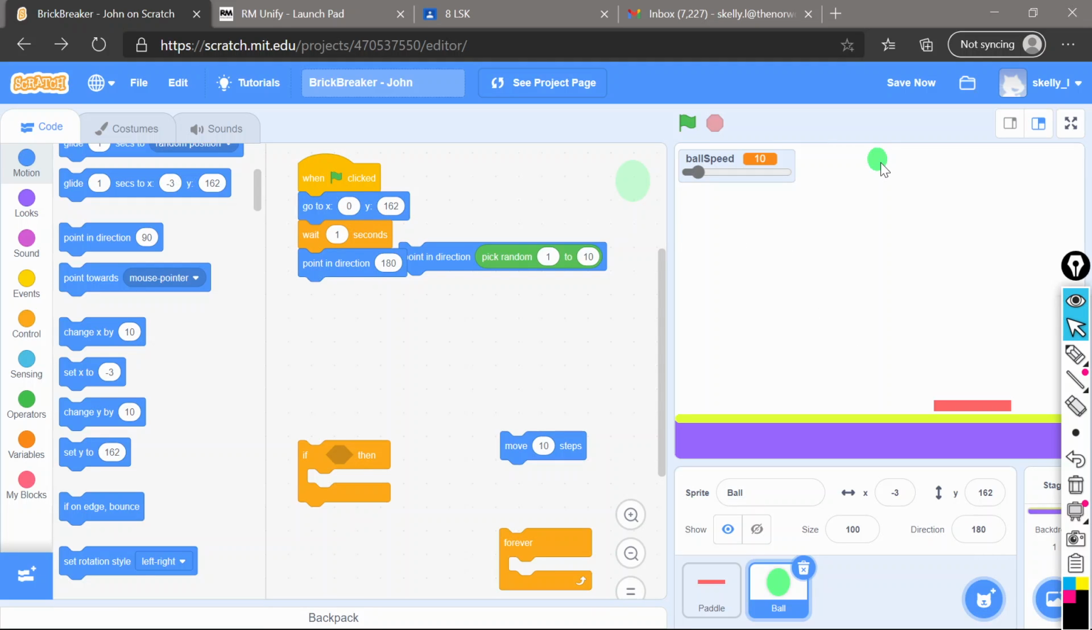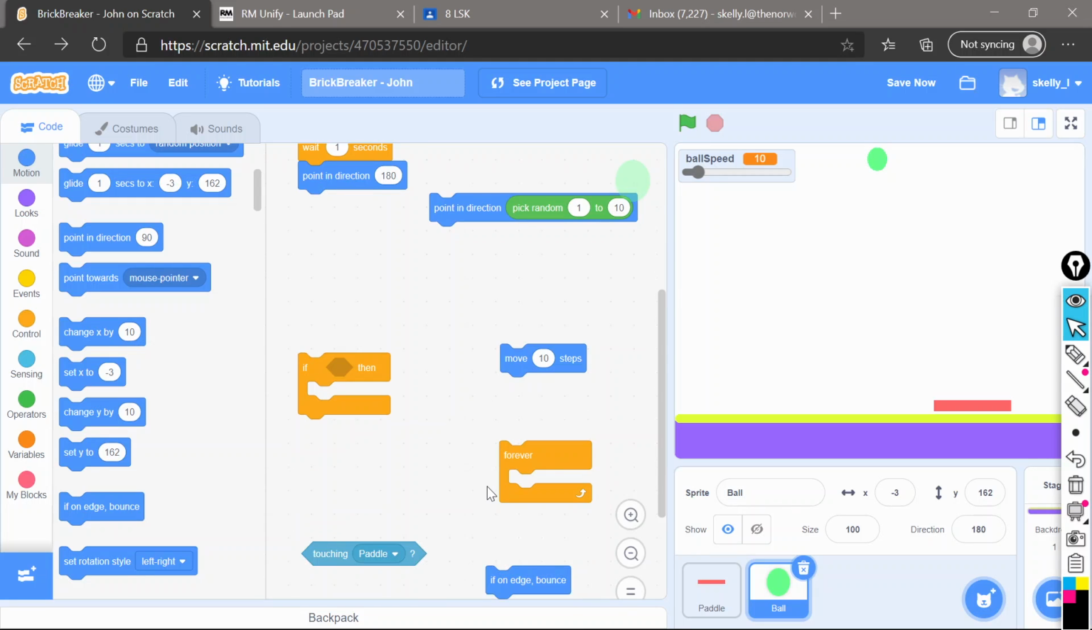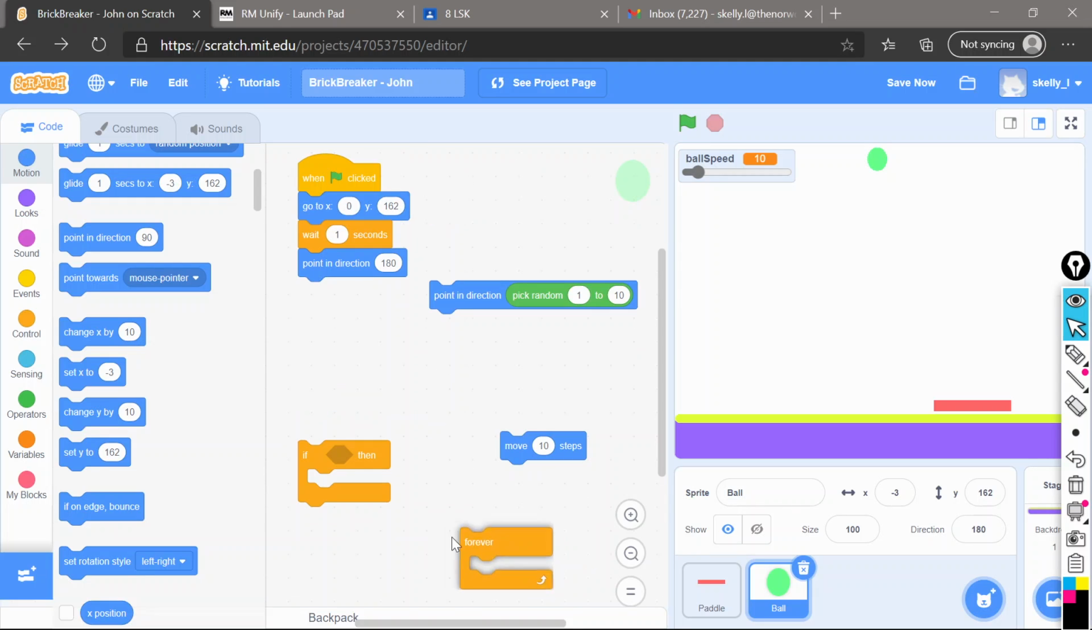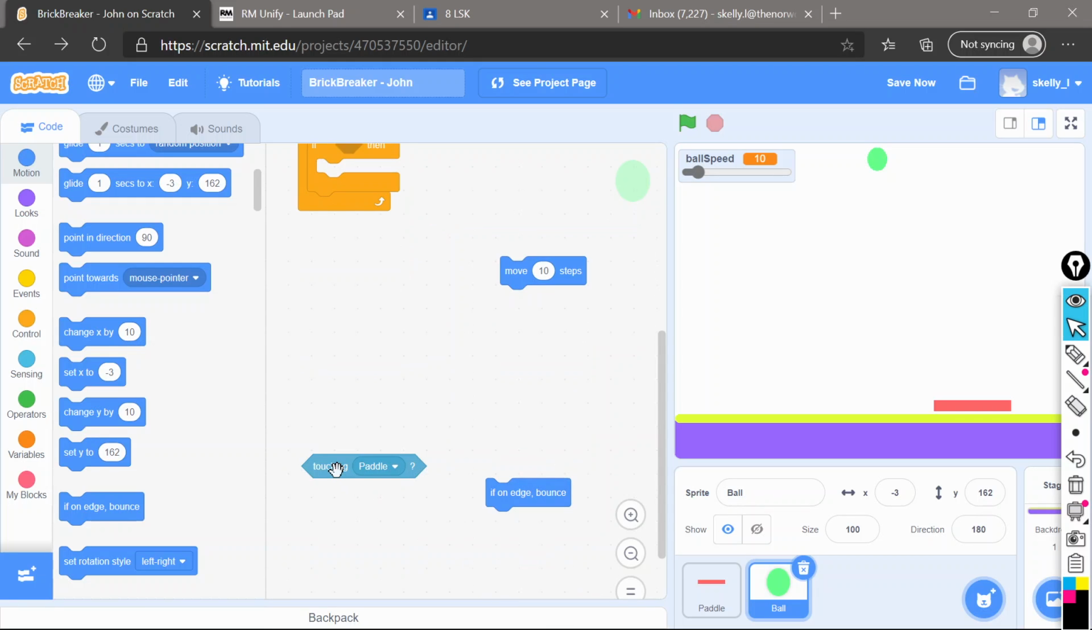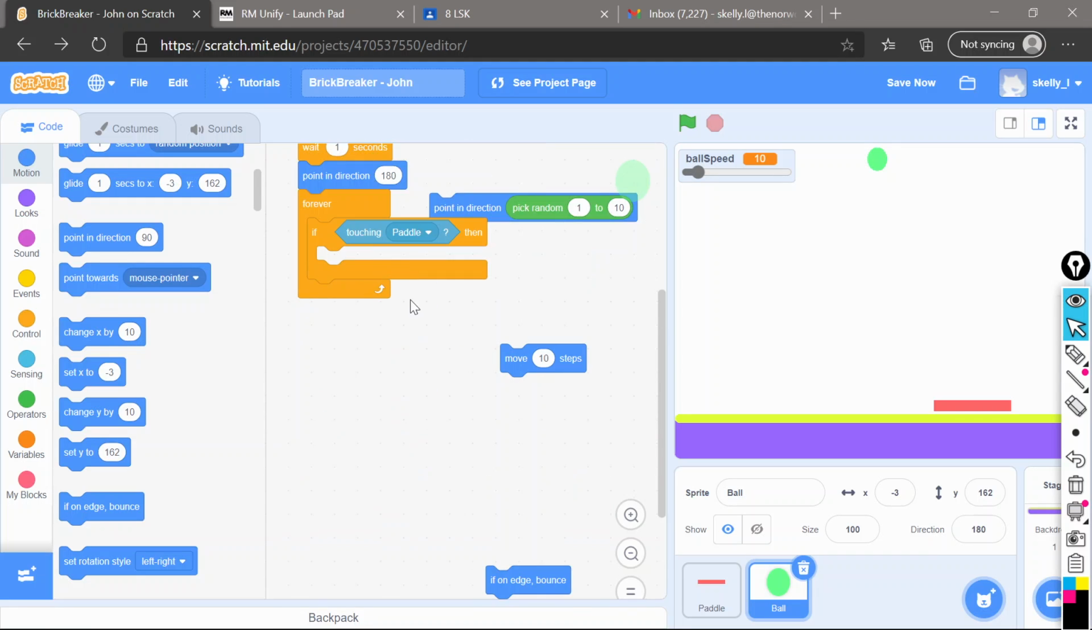The ball will start at the top, right in the middle, it will wait 1 second, it will point in direction of 180. Now this is where we need to start using our loop. So we use forever. Now this will always happen. Forever, and the first thing we'll have is an if statement. Forever if touching paddle,